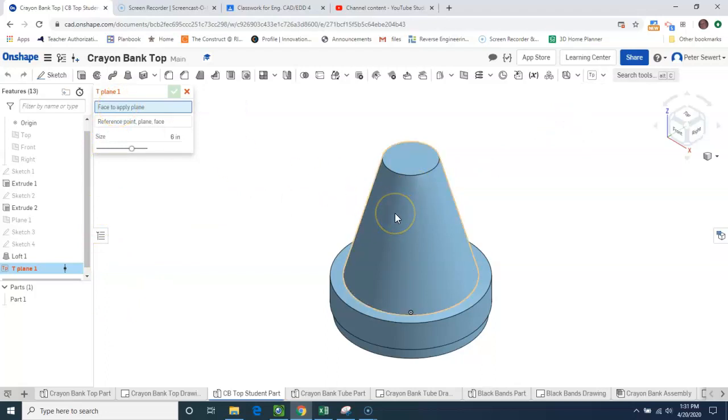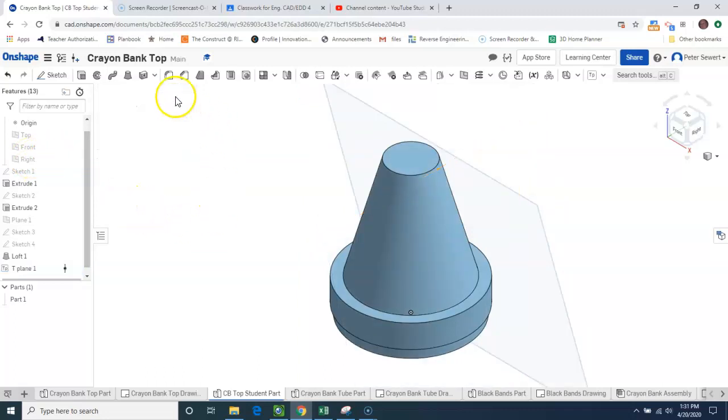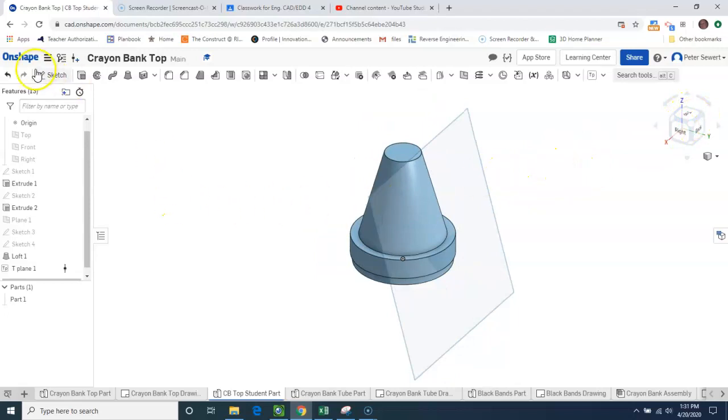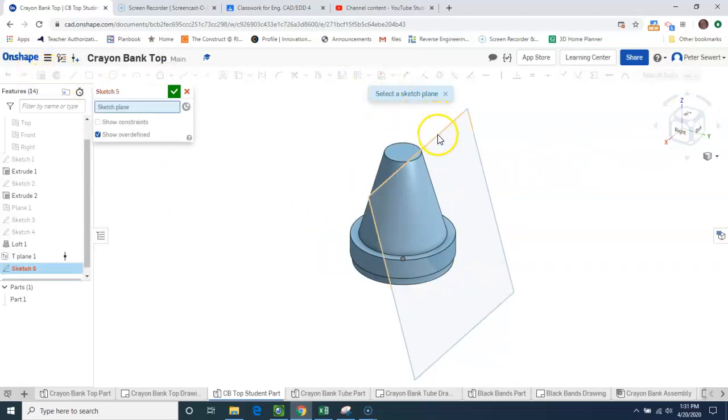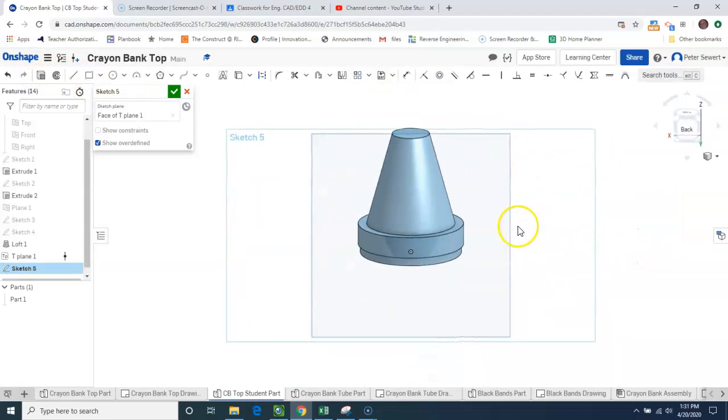Now, over here it says face to apply planes. So we're going to click on the cone part of this thing. And then the reference face is going to be one of these work planes right here. It could be the front one, it could be the right one. It doesn't matter. I'm going to choose right now and hit the green check mark. Now when I look at this from my right hand view, you'll see that that plane is at an angled surface. So let's go back to an isometric here, and I'm going to start a sketch right on here, and I'm then going to go view normal to,